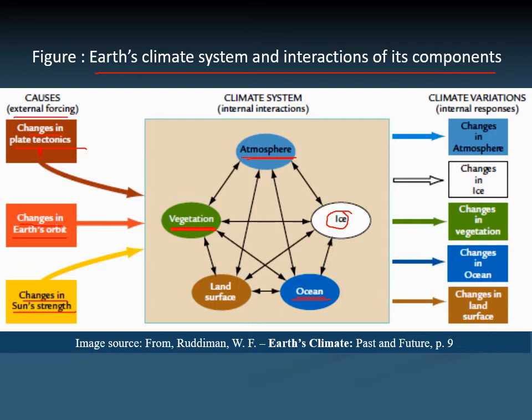So all these five components of the earth, their type of interaction or rate of interaction, will happen differently depending on the severity of the external and internal causes,